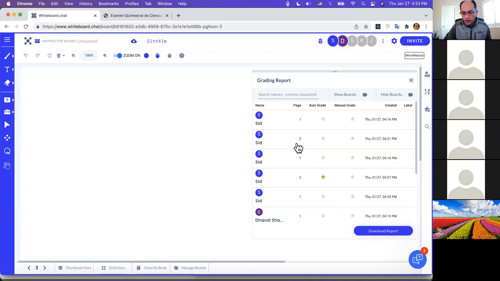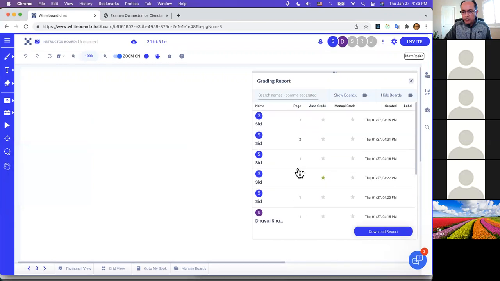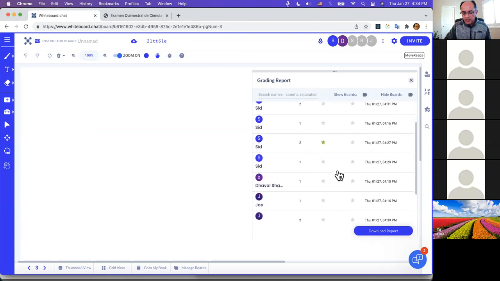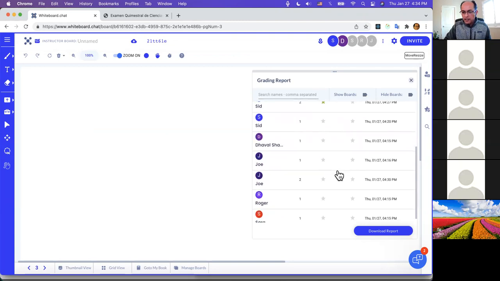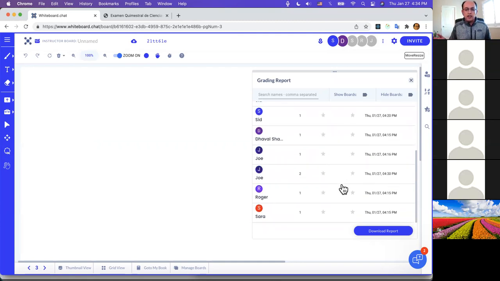As you can see out here, it gives you an idea of the page number, so you can have auto correction features on different pages. Each row corresponds to a different page number that you may have the auto correction done on. It tells you which ones were auto graded and which ones were manually graded, which corresponds to whether the teacher has issued it or the student has done the grading. And it also tells you